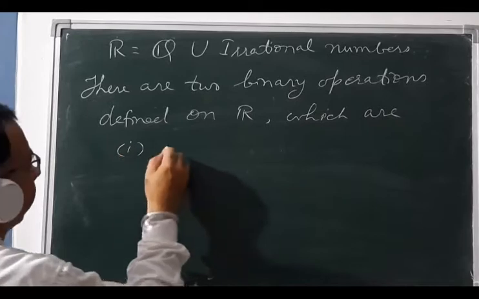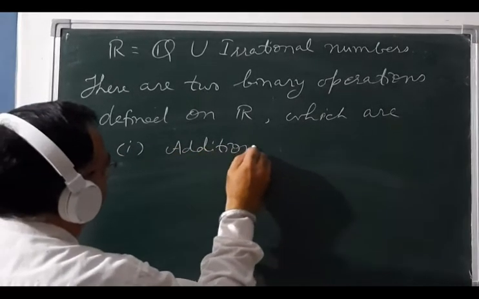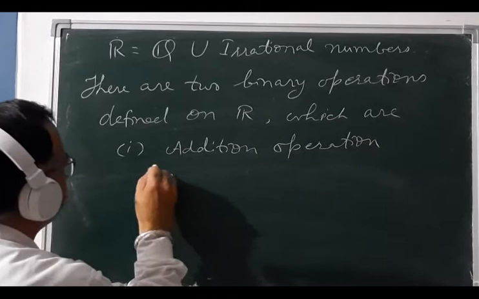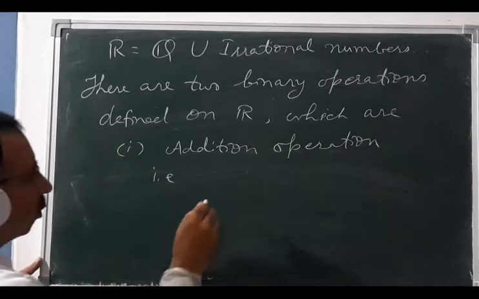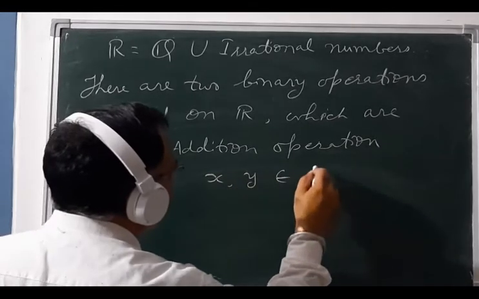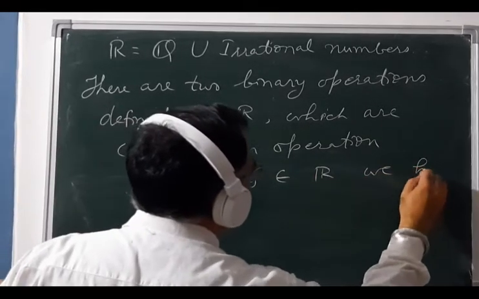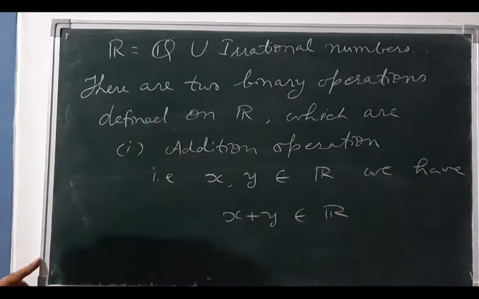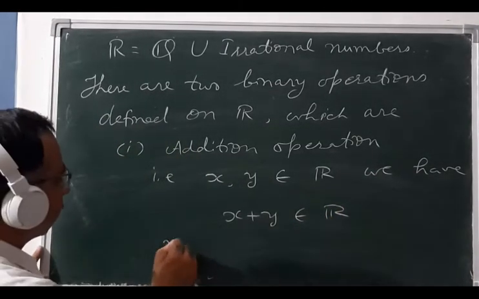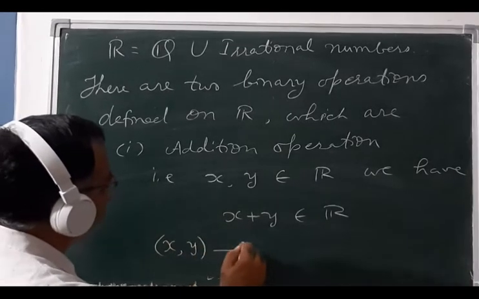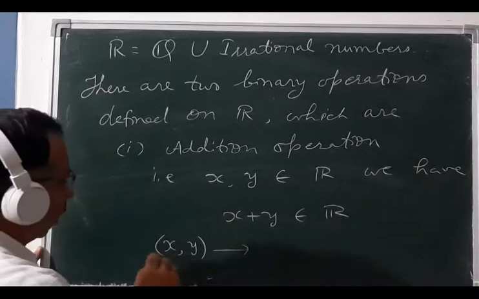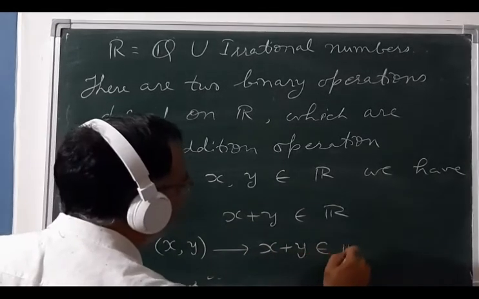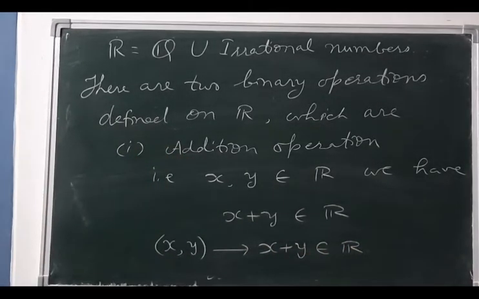number 1, the addition operation, that is, if you take two real numbers x, y in R, we have their sum x plus y in R. So this is the addition operation on R. So for any pair x, y from the set of reals, we have x plus y, a third number, in R. The second operation is